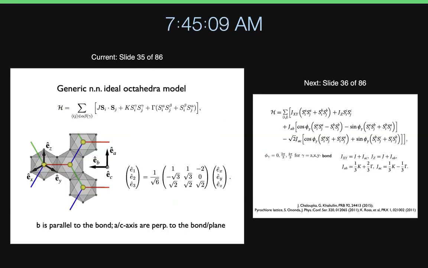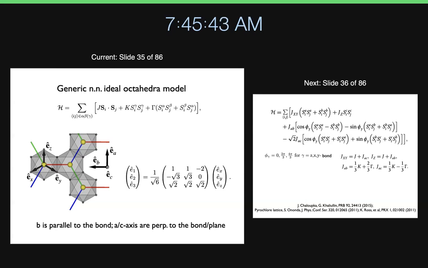To look at the symmetry of the lattice, there is a way to look at the JK gamma interaction in a slightly different way, and symmetry will help us see what should be finite and what should not be finite. For example, we'll talk about the thermal Hall conductivity later on. Can I get a finite thermal Hall? Yes, you do in a certain magnetic field. No, you cannot in a certain magnetic field because you don't break some particular symmetries and so on. So that will be an important aspect.